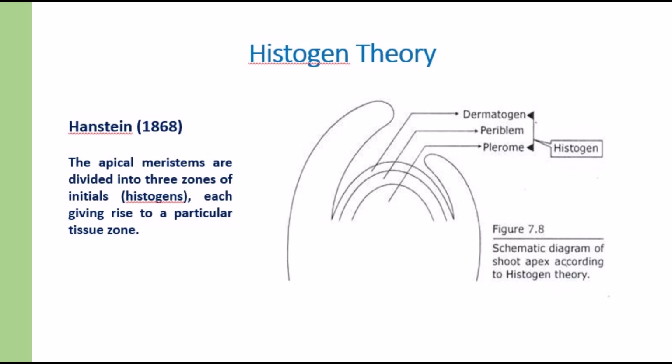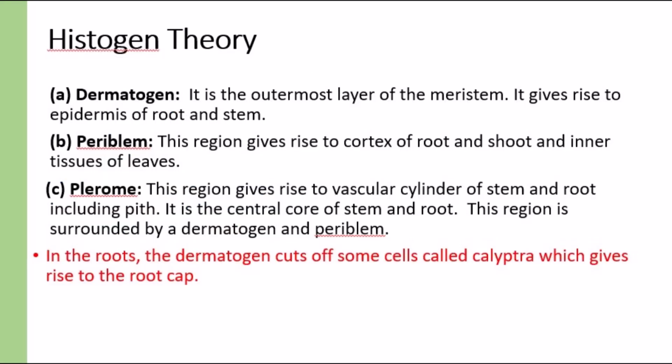The histogen theory was proposed by Hanstein in the year 1868, according to which the apical meristems are divided into 3 zones of initials or histogens, each of the histogen giving rise to a particular tissue zone. The 3 histogens are dermatogen, periblem, and pleurome. Dermatogen is the outermost layer of the apical meristem, which gives rise to the epidermis of the root and stem. The periblem gives rise to the cortex of the root and shoot,